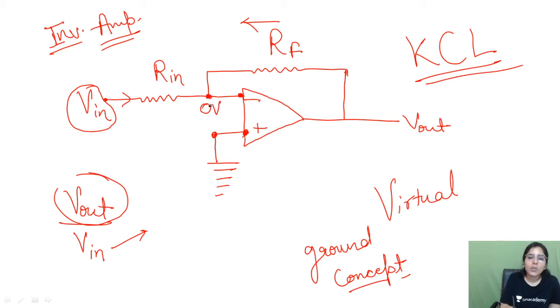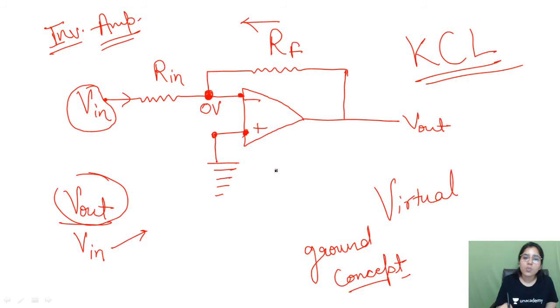Now if you are going to consider the total incoming current at that junction, how can you apply the KCL? The KCL statement is that the total sum of current entering the junction will be equal to the total sum of current leaving that junction. Either take it in this way, or you can say the sum of total current will be 0. But in that case, if there is entering current and leaving current, you have to take different signs for both. So if you are taking entering as positive, leaving you have to take negative. Any one sign you have to change if you are taking the sum of currents.